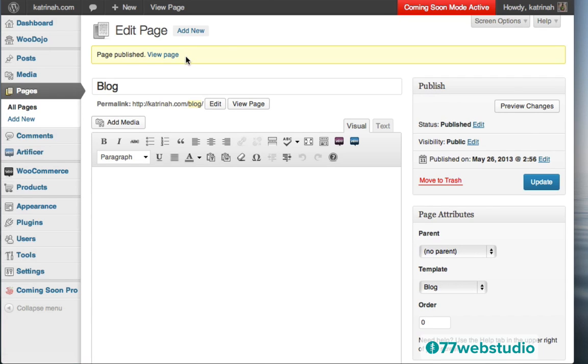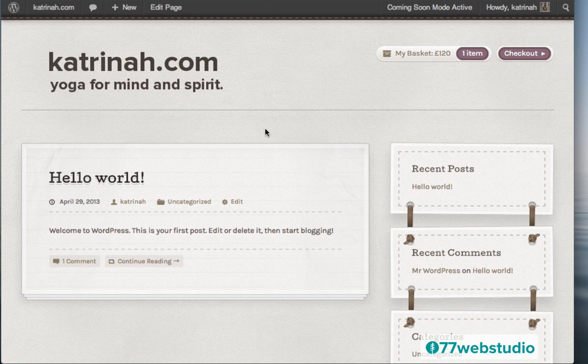Okay, so the blog page has been created. Now we don't have any blog posts yet, so this will most likely be pretty empty. I'm going to click on View Page just to take a look at it. And we see, okay, here's the blog index page, and we just have the default post right now that came with the WordPress installation. So we'll be deleting this post later down the line in this video, but we do need to add a few more new posts, and we'll do that as well in just a few moments.